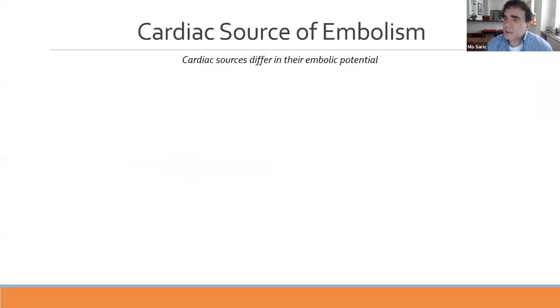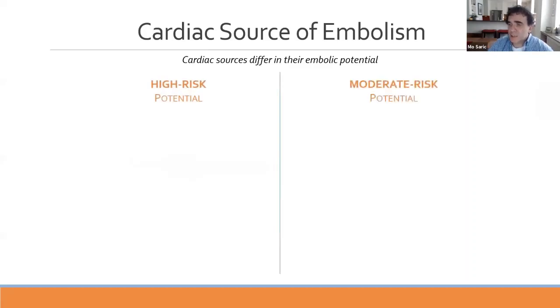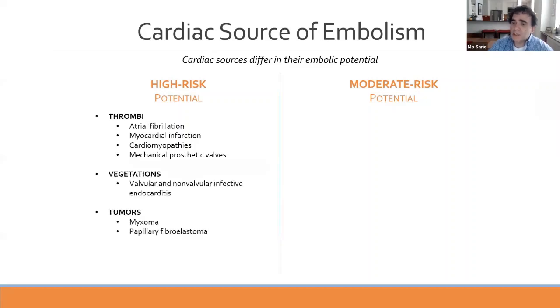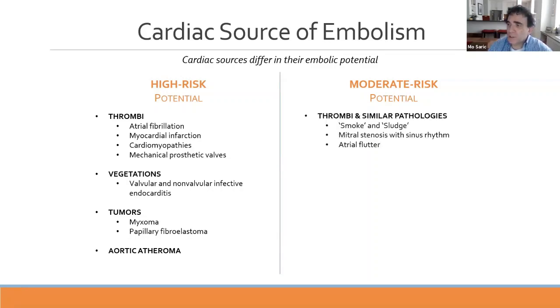Atheroma is an important source of cardiac embolism. Cardiac sources of embolism differ in their embolic potential: high-risk and moderate-risk. High-risk sources are thrombi, vegetations, tumors, and aortic atheroma. So aortic atheroma is one of the four high-risk embolic potential cardiac sources of emboli, as opposed to moderate